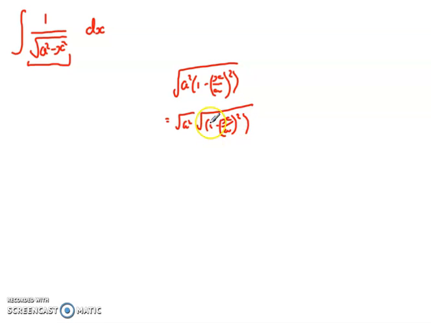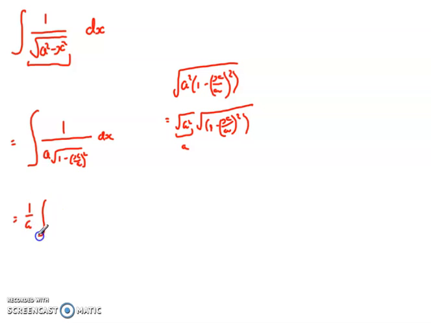squared. Now remember, I've not put a squared with a 1 because 1 squared is 1, but technically it's written there as a power. So I can then write this part here as a. So I'm able to rewrite the bottom of this integral and make it the integral of 1 over a times the square root of 1 minus x over a squared dx. Now the 1 over a I can take out as it's just a constant, so I end up getting 1 over a times the integral of 1 over square root of 1 minus the x over a squared